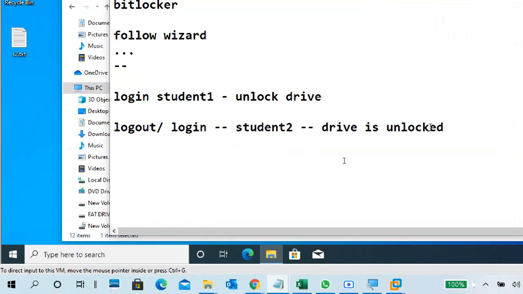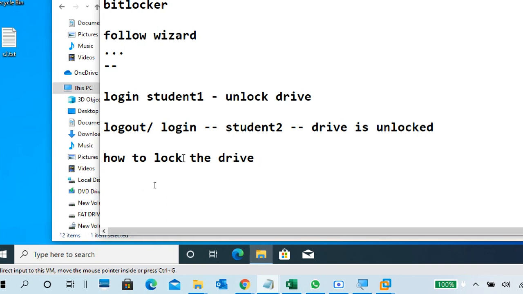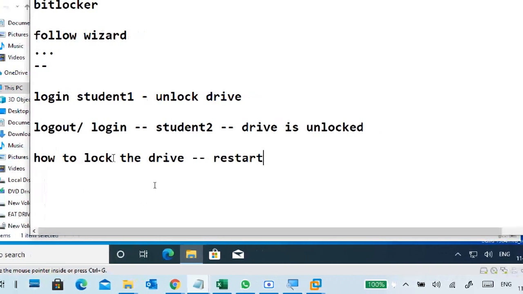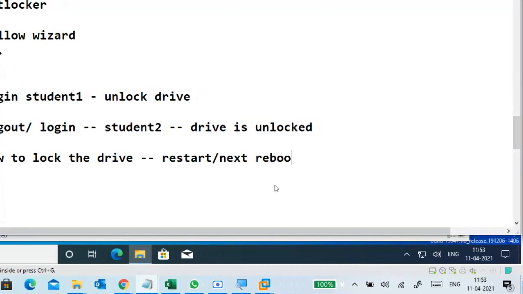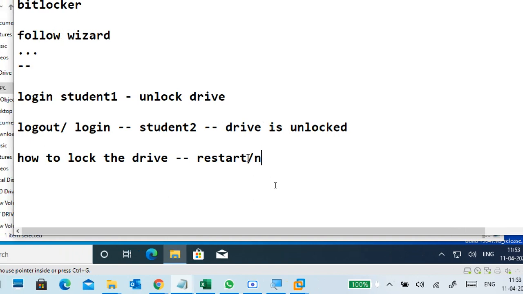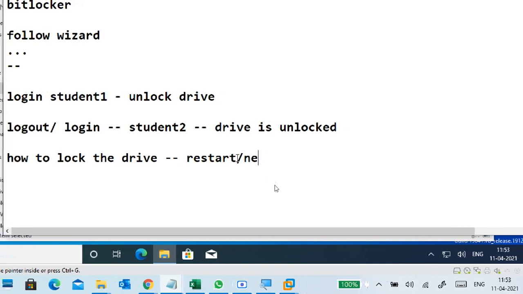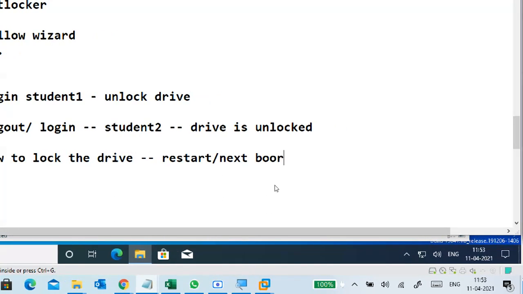How to lock the drive, guys? Anyone? How to lock the drive? Restart the PC. Yes, only restart or a next reboot. What is the meaning of next reboot? Next boot means shut down, later we start the PC.